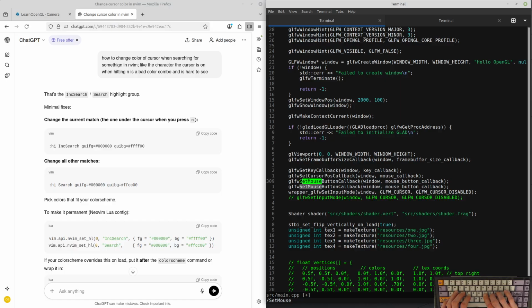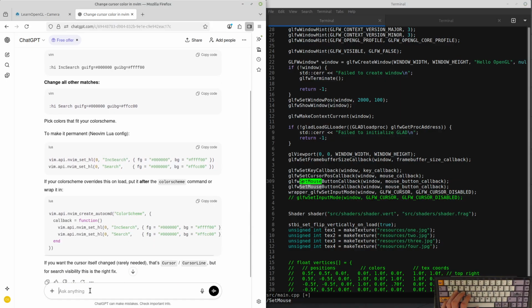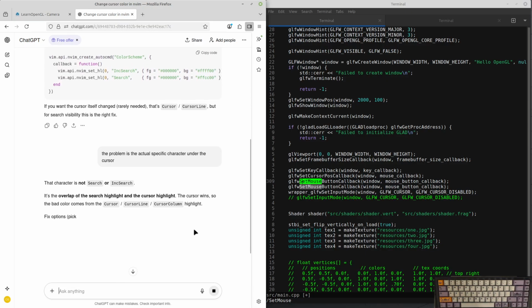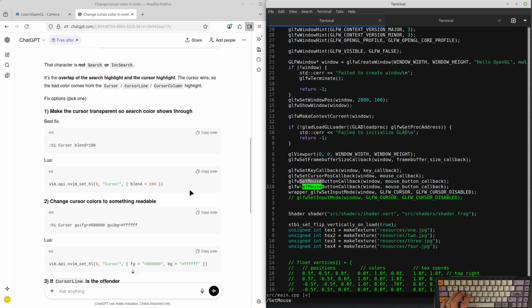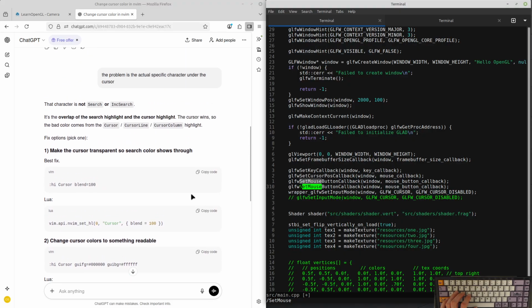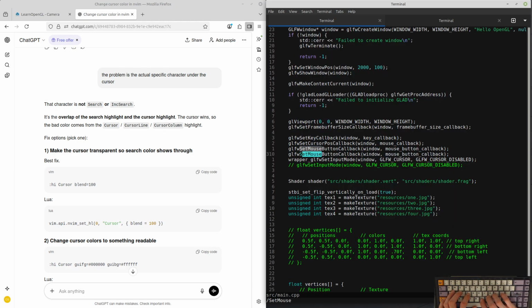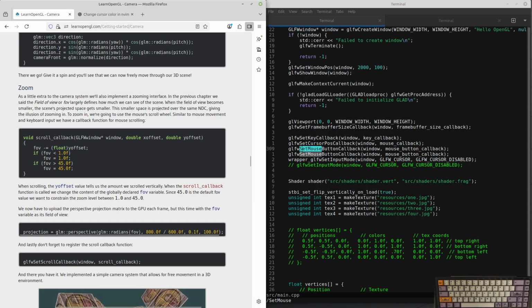But the problem is the actual specific character under the cursor. Yeah, it didn't say anyways, but that's something I can look into later. Okay.